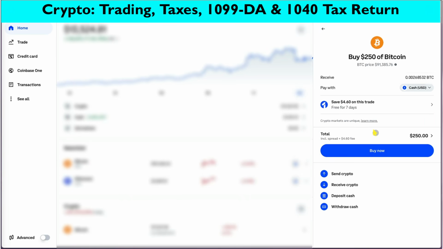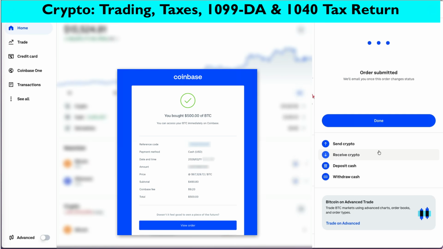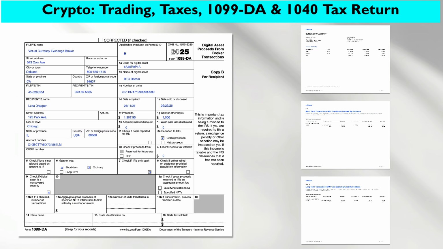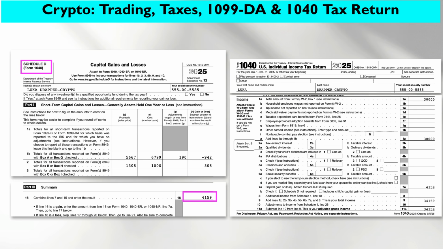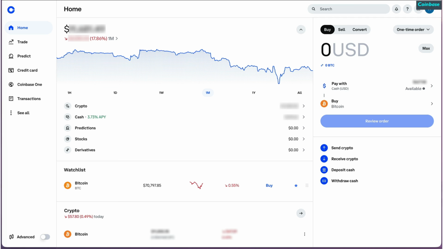Let me show you how to buy, convert, and sell crypto on Coinbase, as well as how to obtain your 1099-DA, a new form, enter it into tax software, and understand how those transactions show up on your 1040 income tax return. Once you log into Coinbase, on the home screen, you can see your total portfolio value, your